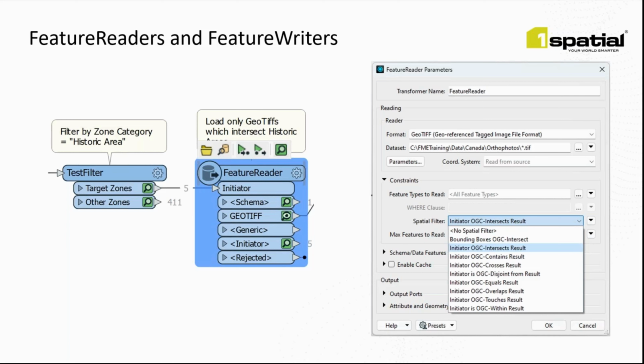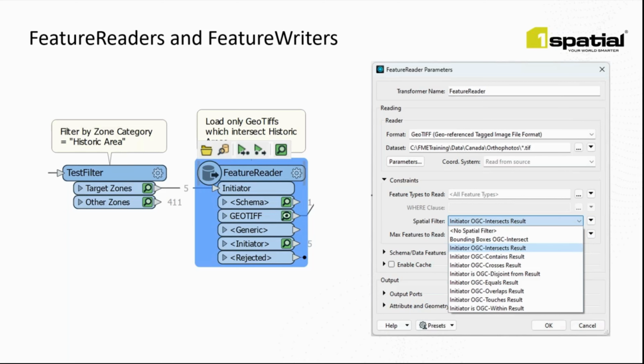With that in mind, the constraints parameter set on a feature reader, and in particular the spatial filter option, is an incredibly helpful tool. As I mentioned beforehand, the attributes on an initiating feature can be used as parameters within the feature reader, and in a similar way, so too can the geometry of these initiating features be used to filter the data that is being read into the workspace, which is a really powerful and efficient way of reading in only the data that you need, rather than an entire data set,